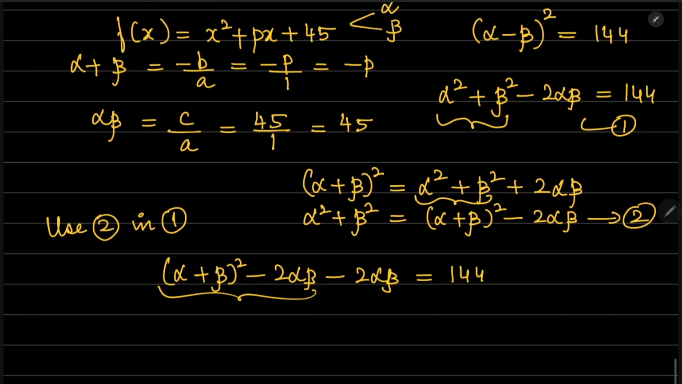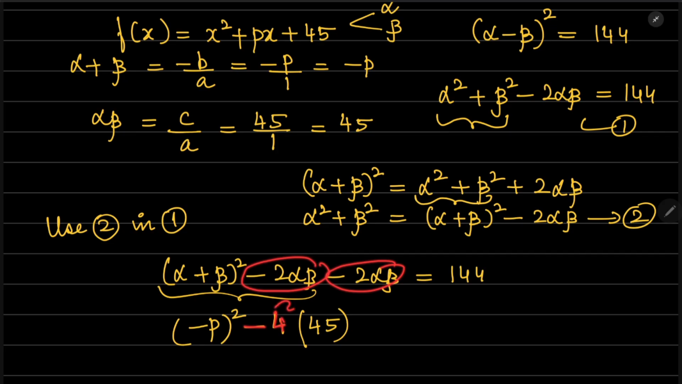What is alpha plus beta the whole square? Alpha plus beta, the value is minus p, so minus p the whole square, minus 2 alpha beta minus 2 alpha beta. So minus 4 into what is alpha beta? 45. Here I have just combined these two and directly written minus 4 alpha beta, right? Instead of alpha beta, I have written 45, is equal to